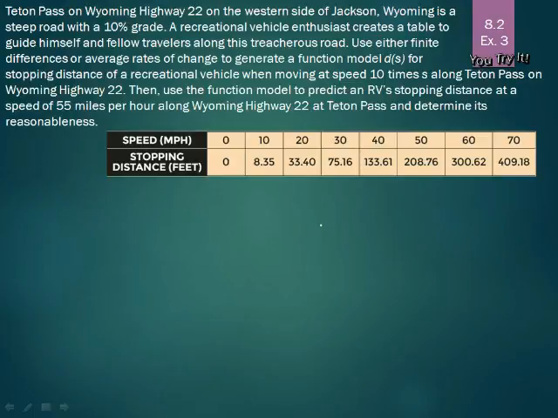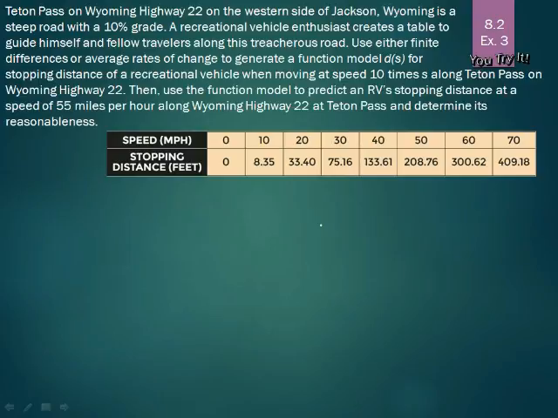Teton Pass on Wyoming Highway 22 on the western side of Jackson, Wyoming, is a steep road with a 10% grade. A recreational vehicle enthusiast creates a table to guide himself and fellow travelers along this treacherous road. Use either finite differences or average rates of change to generate a function model d of s for stopping distance